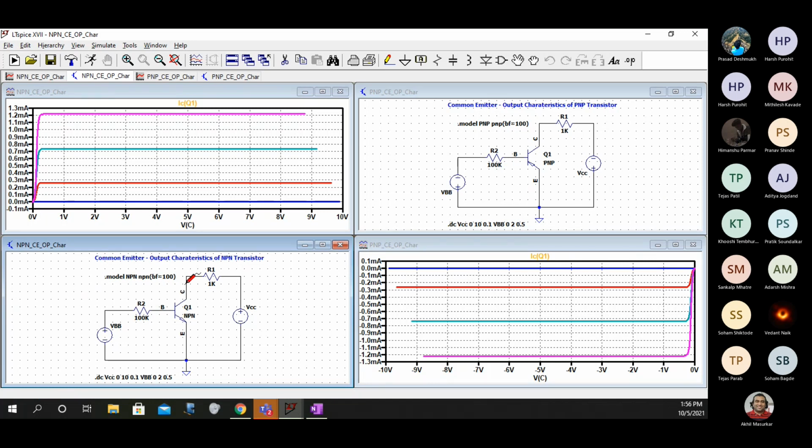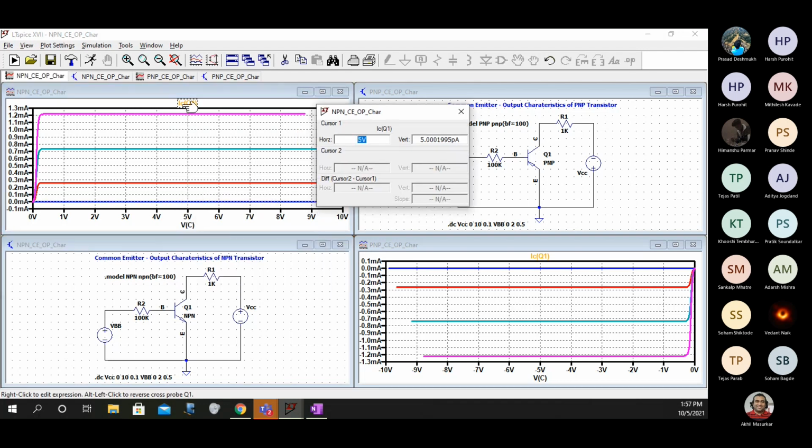Now what you should observe is that for the same beta factor value, in the first case the beta factor is 100 when we are using an NPN transistor, and here also the beta factor is 100. So for the same beta values, the maximum current is the same. Like if I click here, I get the maximum value as 5.25.